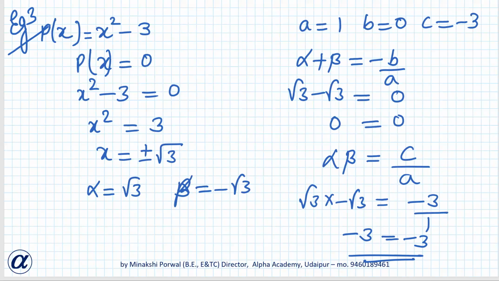Okay. A small part of this chapter is left, to frame the quadratic polynomial when the sum and product of zeros is given. So that we are going to do in the next class. Okay, and in case any doubt is there, you can ask now. If any doubt is there, you can ask. Okay, I am ending this class now, and what you will do is start preparing for the test. After one maths class, maybe I will take a test of chapters 1 and 2 both. Okay, after this portion, the division algorithm for polynomials is omitted.